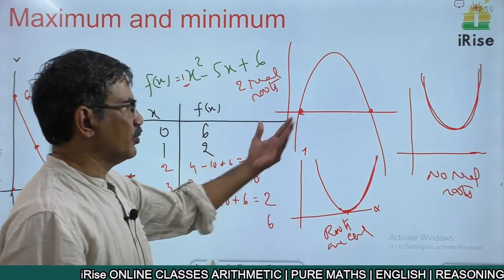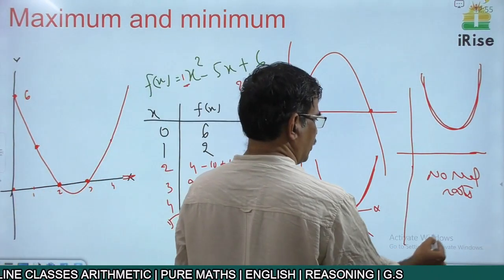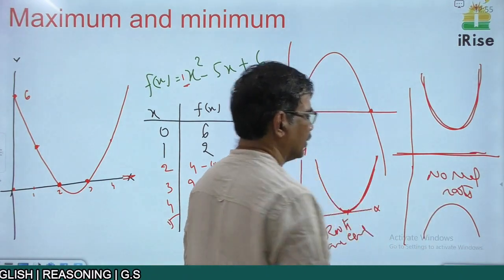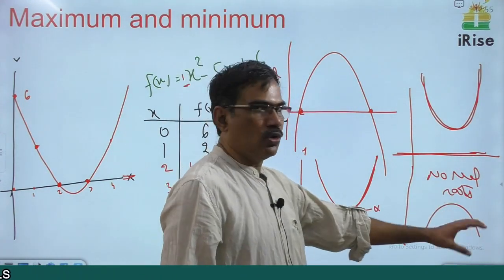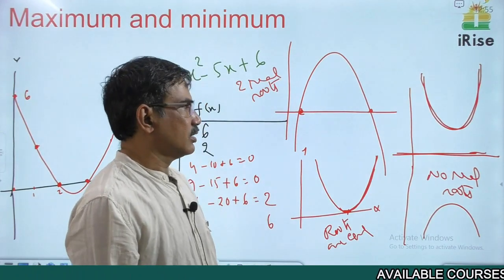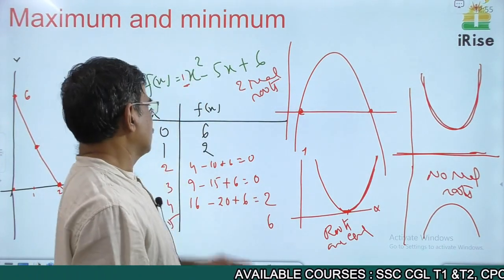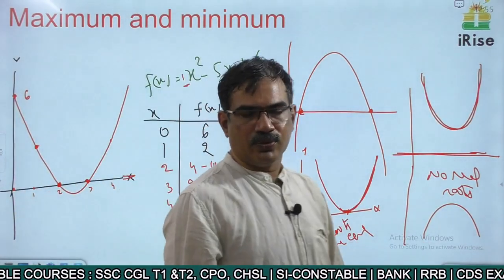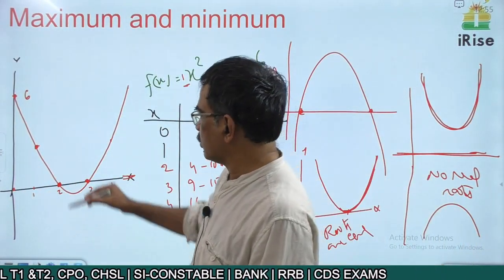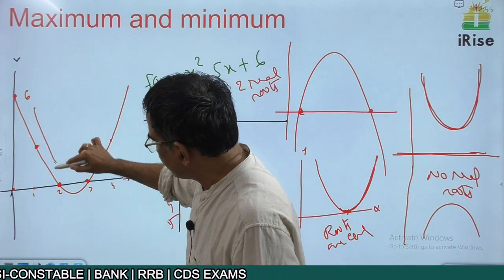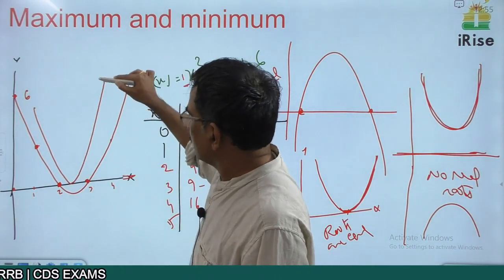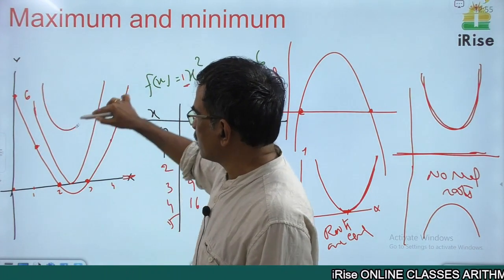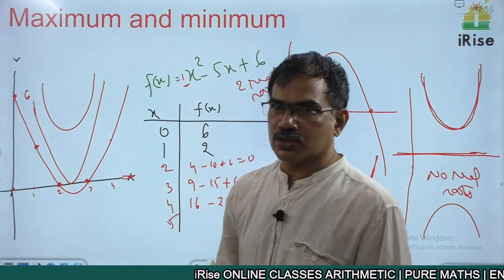Similarly, for an upward curve or a downward curve. For example, if this is the x-axis and the curve is like this, totally below, it is having no real roots. So totally we get 3 curves downwards and 3 curves upward. If this is a curve having real roots, there is one more curve like this. If we touch only this one, this is having 2 equal roots. If the curve is totally like this, it is having no real roots.